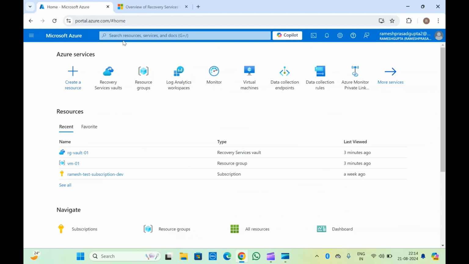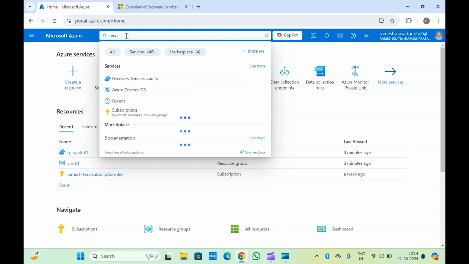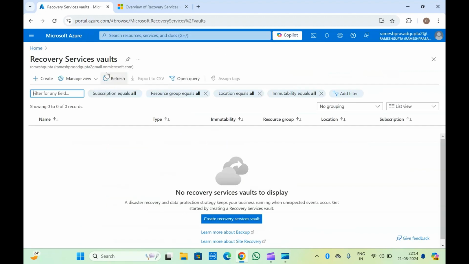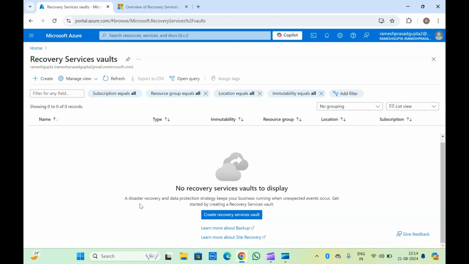So if you search for recovery service vault here, here is an option to create it. If you click on create, you can see: a disaster recovery and data protection strategy keeps your business running when unexpected events occur. Get started by creating a recovery service vault. So in short, we can use a recovery service vault to enable backup and site recovery